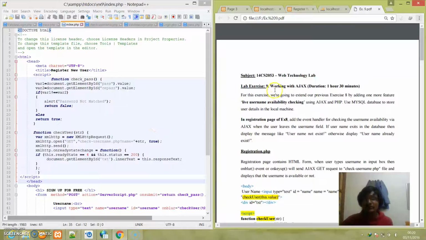So in this video we're going to do working with Ajax. For this experiment, we're going to extend our previous exercise 8 by adding one more feature: live username availability checking using Ajax and PHP, and use a MySQL database to store user details on the local machine. In the previous exercise 8, what we did was create